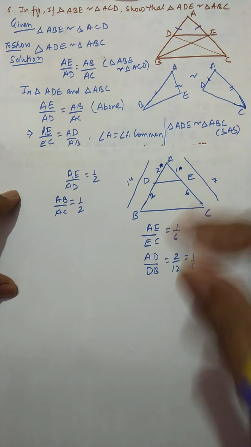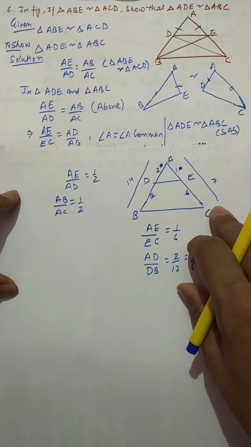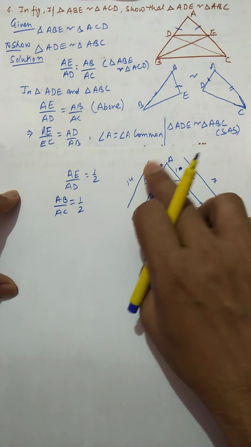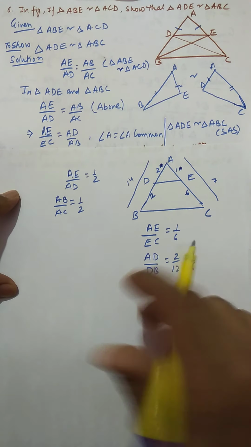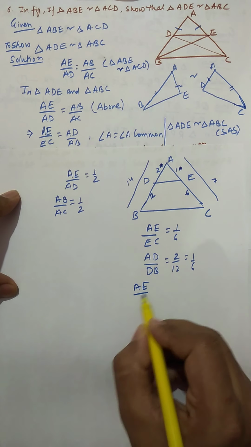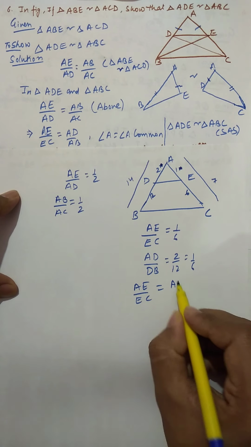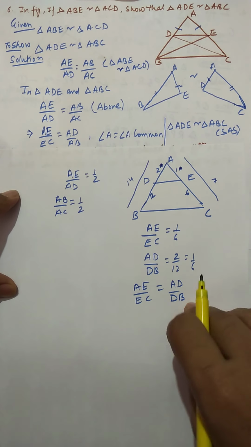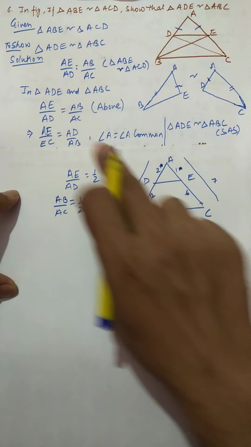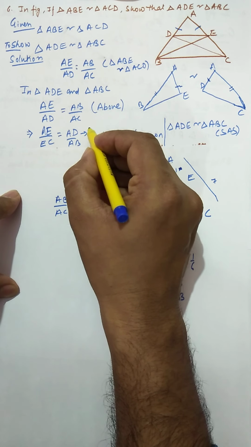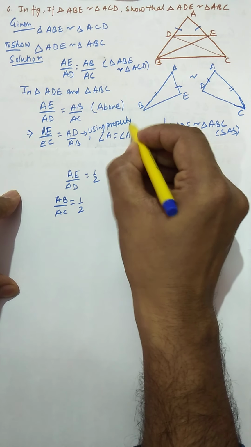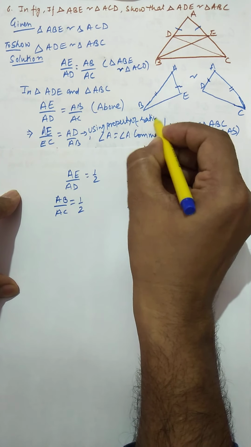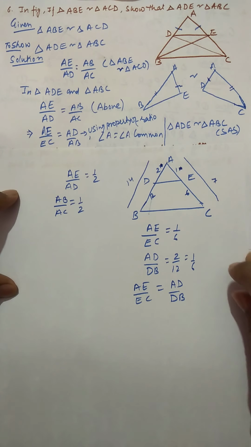You can take any example, whatever example you want to take. You can take the similar side also, this is 2 and 2, and you can take this 14 and 14 also. That way also you will get this ratio: AE upon EC is equal to AD upon DB. So rather than mention this in the exam, you can write this is the property of ratio. So this way you can show your desired result.